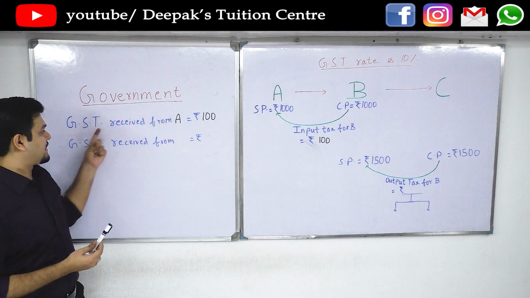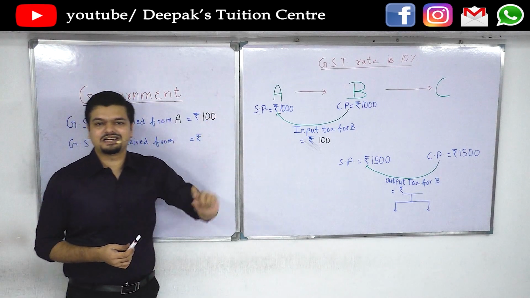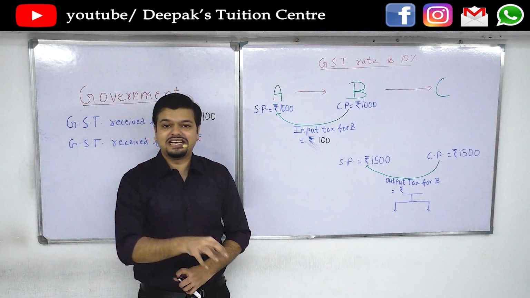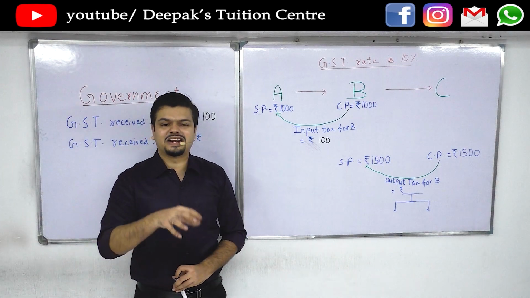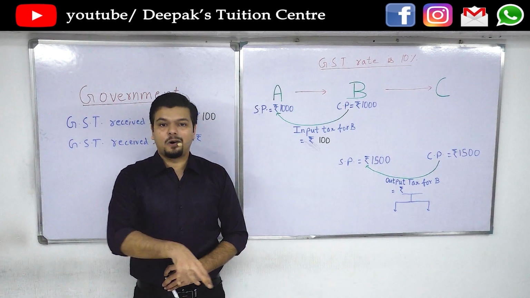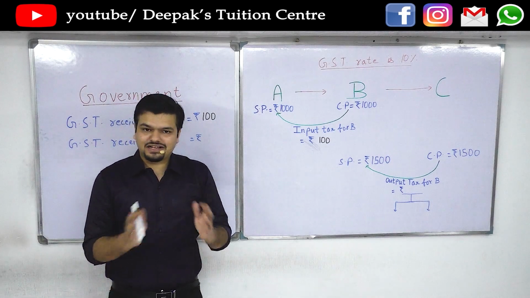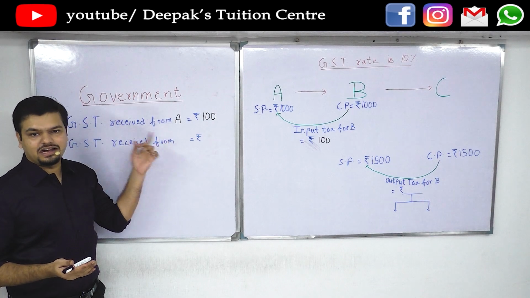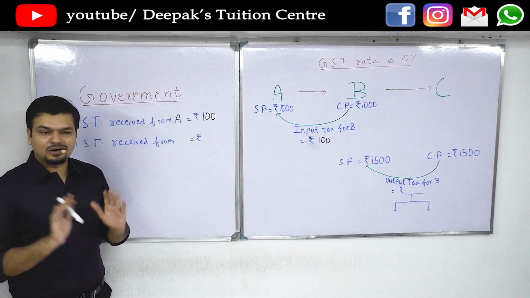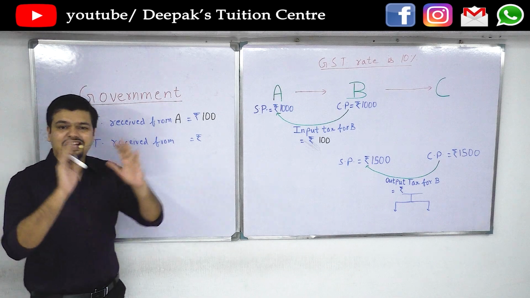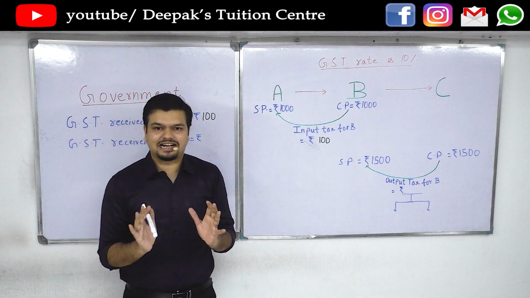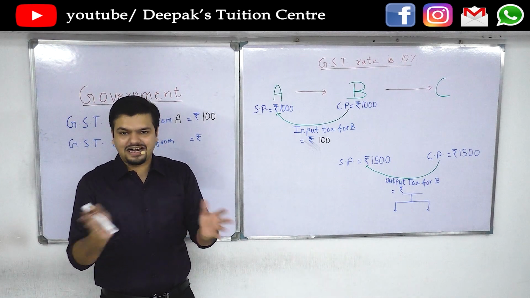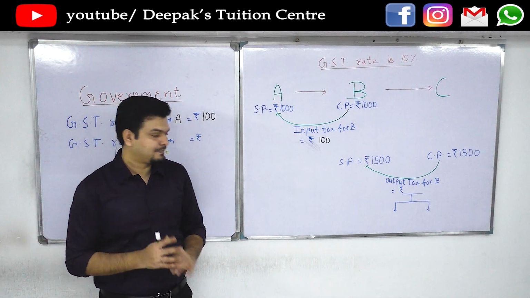So the government receives GST from A, that is rupees 100. We are obviously not going into the depths of whether the sale was interstate or intrastate, or whether the government will get CGST, SGST or IGST. Even if the taxes are divided, the state government will get rupees 50 and the central government will get rupees 50. Total tax will still be rupees 100. So we are just concerned right now with the total tax, not with whether individual taxes are divided or integrated.